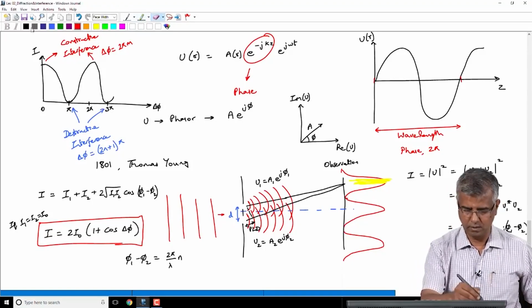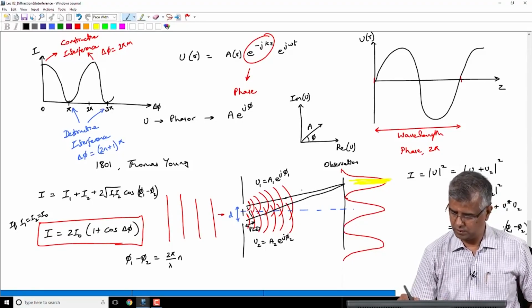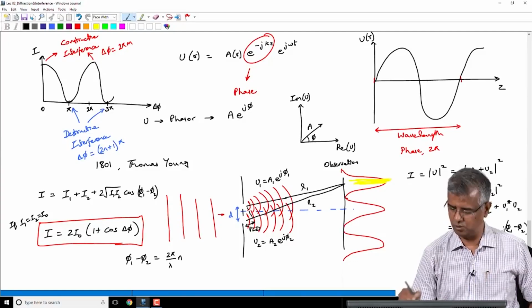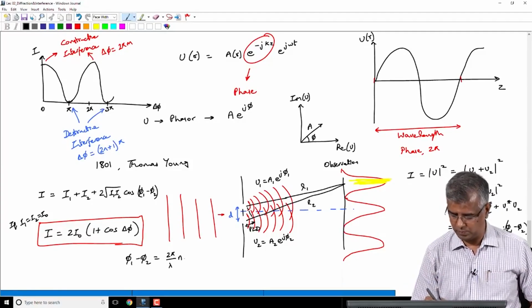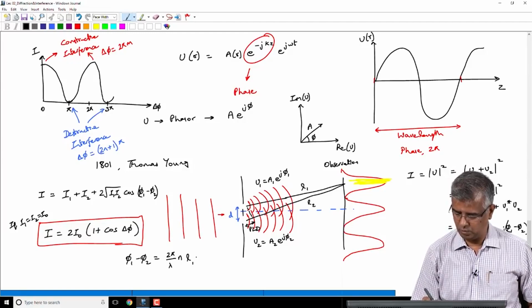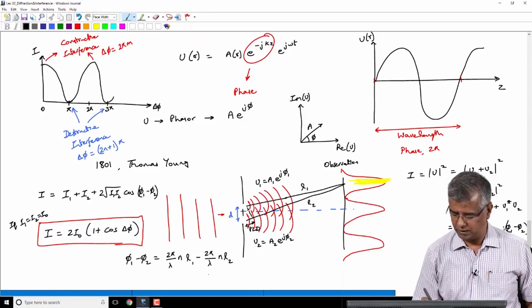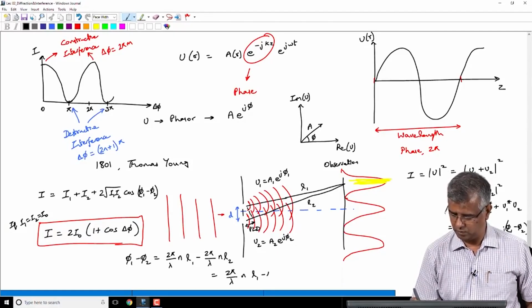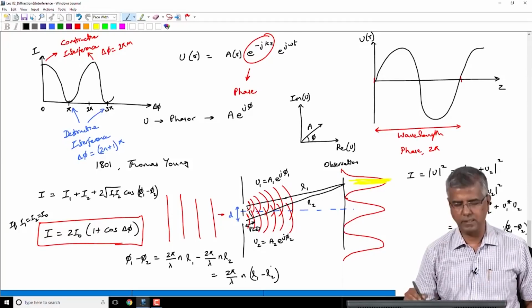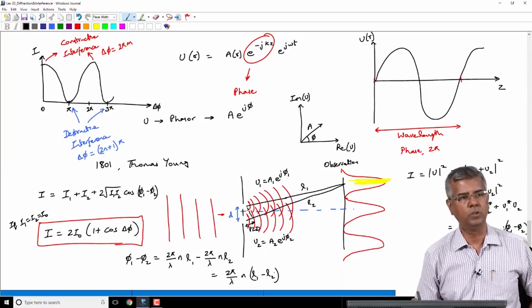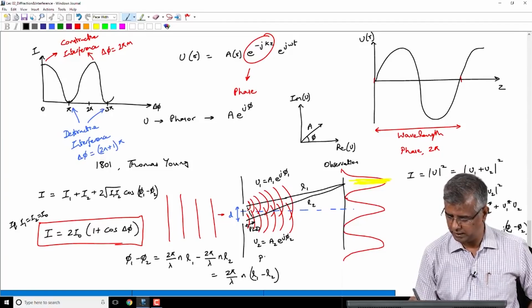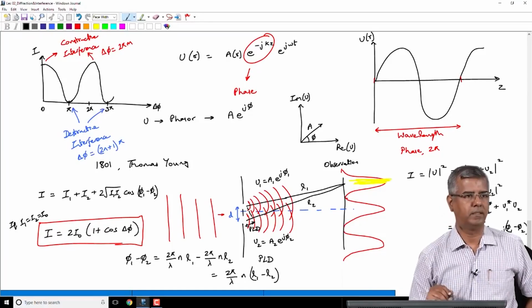Maybe I did. So, we call this 1 and this 2. So, L1 and L2. So, this is basically 2 pi over lambda n L1 minus 2 pi over lambda n times L2, okay, and n is a common term. So, this you can write as 2 pi over lambda n into L1 minus L2, and this L1 minus L2 is what we are calling the path length difference,